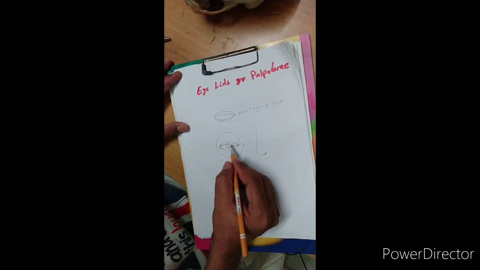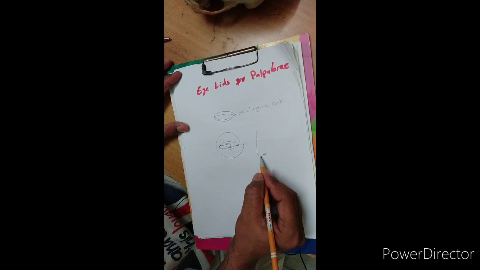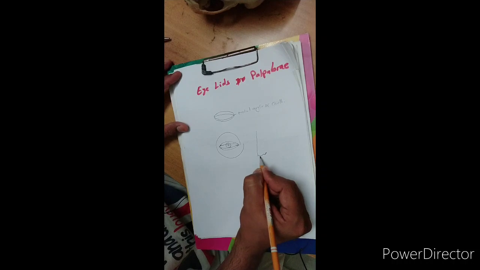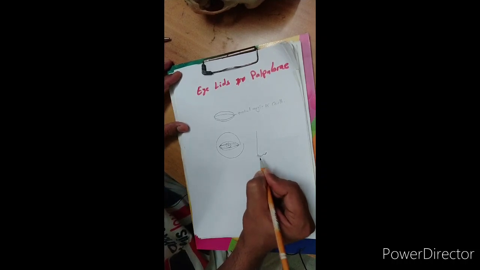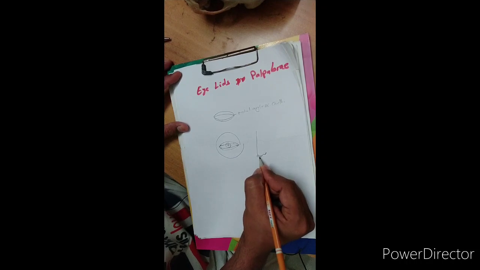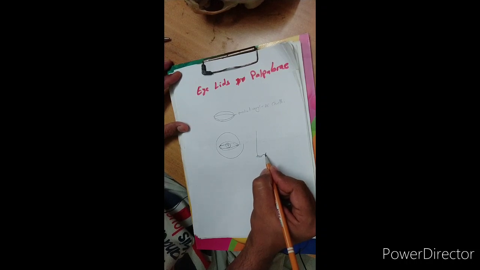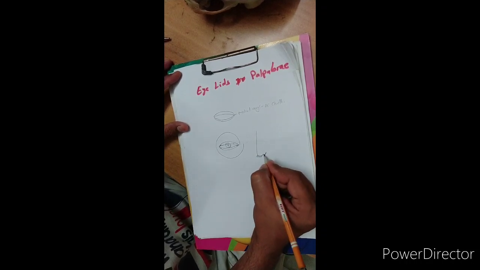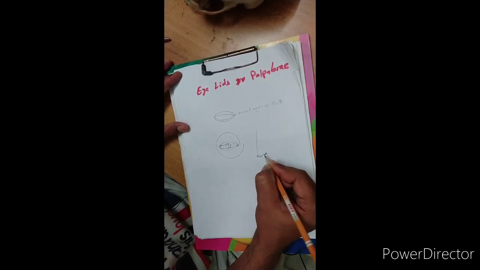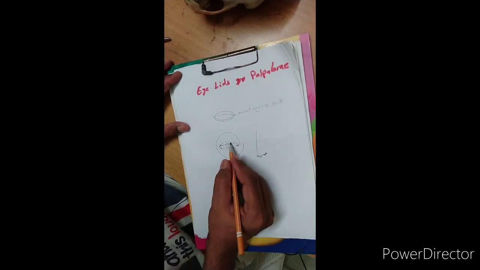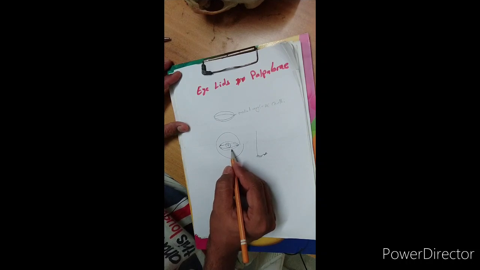On the outer rounded border of the lateral 5/6 part are the eyelashes, in one row, like this. These are the eyelashes present at the outer border. While the inner sharp border has the openings of the tarsal glands. These are the openings of the tarsal glands, present on the inner, sharp border, on both the upper and lower eyelids. Clear? So in this fashion, the whole eyelid is divided.